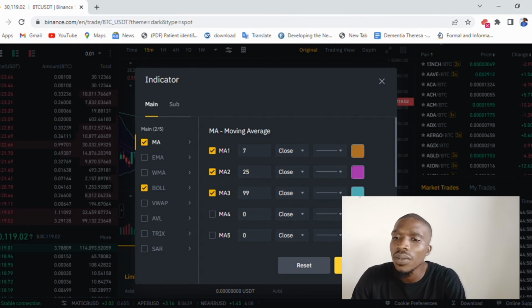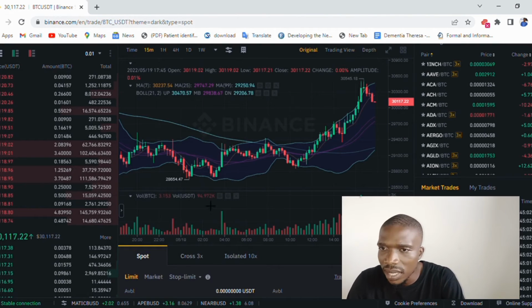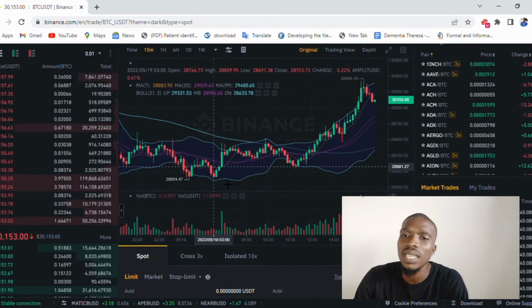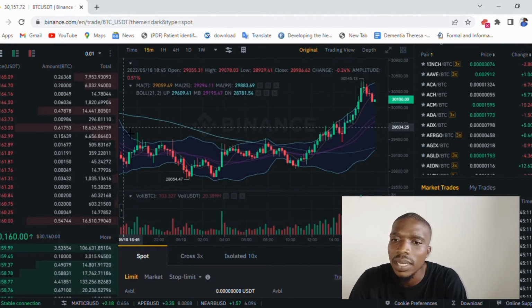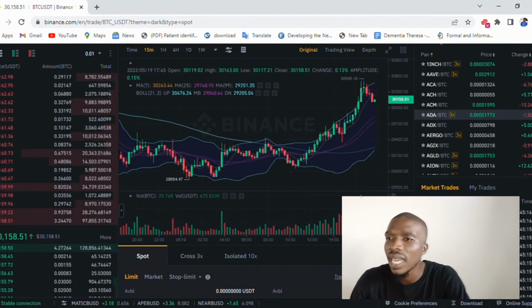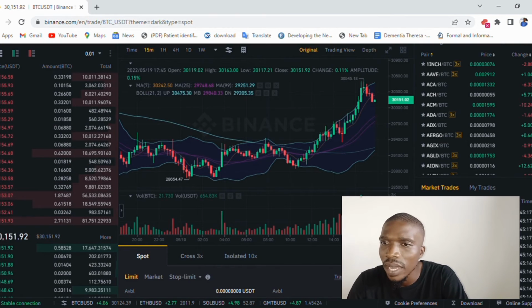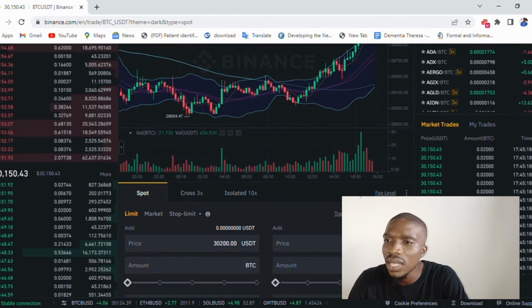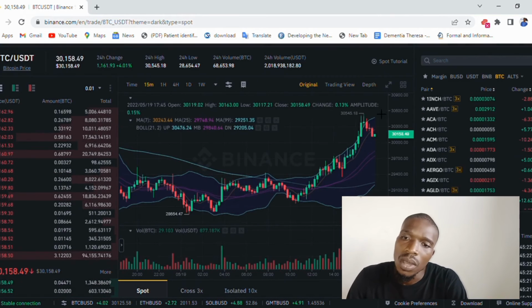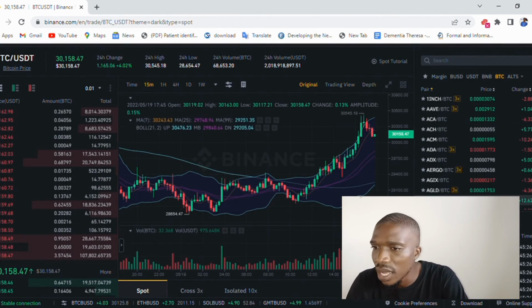Average, you could put all these things. Okay, I think we just click on Bollinger Band and let's see what. Okay, you can see that. So there is a switch. It automatically changes, and there is this band around the candlesticks. So that's one of the benefits that spot trading can offer you. The indicators help you to know when to buy and when to sell, and it's always a beautiful experience.